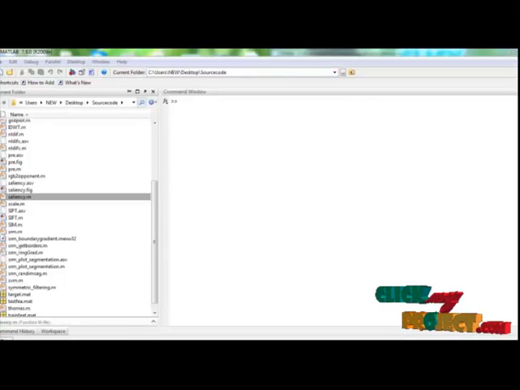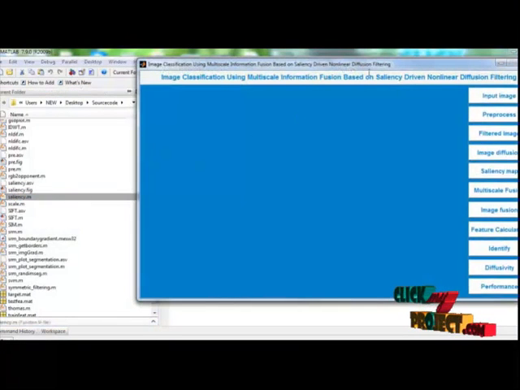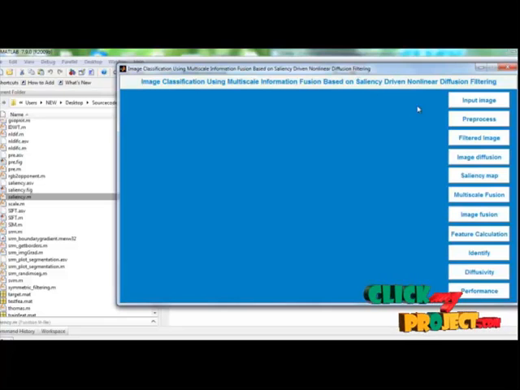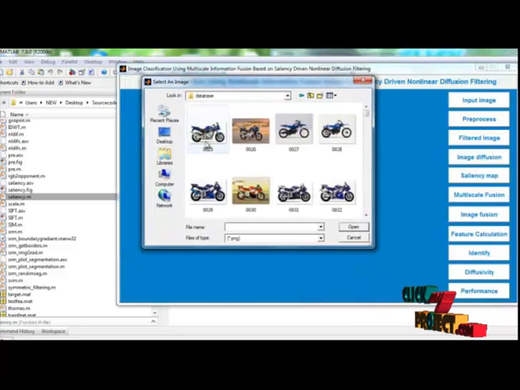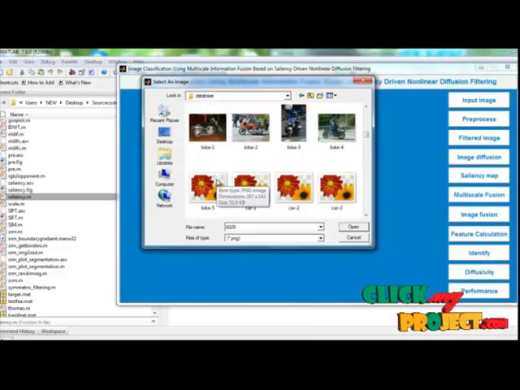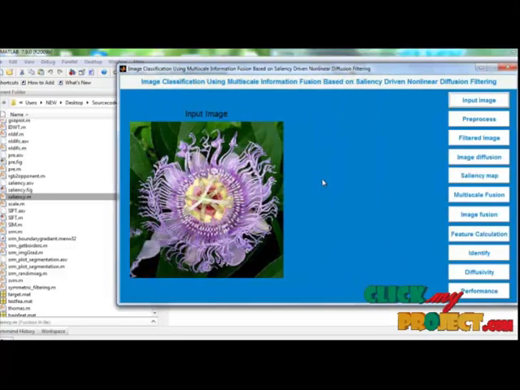Let's see the running procedure. Here, click the main file which is named Specialization. Run the file. You will get the new design. That is the GUI window. So this is the first part, which is to select the image. Here, when you go near the button, the tooltip will show you what we are going to do by pressing that button. The button shows, click to select an input image. While clicking this button, we will get the database. From the database, we have to select any image as input. So here we have selected an image of a flower.